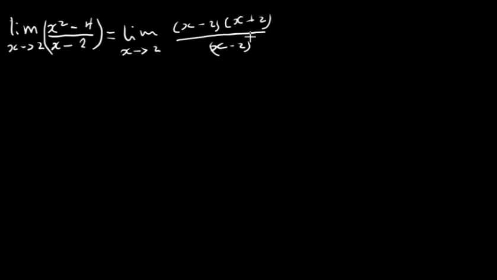Alright, so here we can see that one of the factors in the numerator can be cancelled out by the denominator, which is the x minus 2. So this can cancel out this, and we are left with the limit as x approaches 2 of x plus 2. So here, what we are going to do is plug in the 2